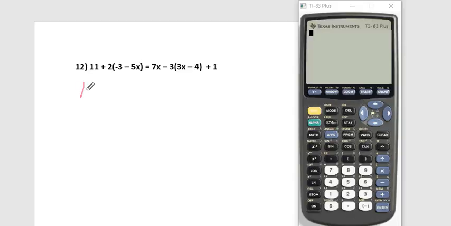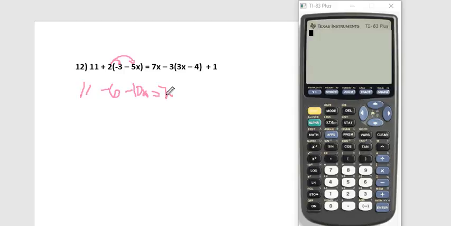So it looks like we have 11 and then 2 times a negative 3 would be minus 6. 2 times a negative 5x would be negative 10x. Because remember you have to use the distributive property. Equals